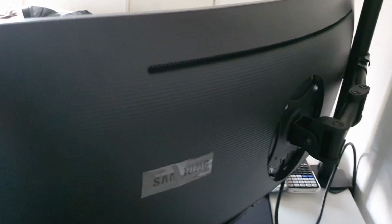Right, so now let us move to the back of the monitor. So this here is the back. It has got a nice texture here on the back. Here you can see the joystick which you can use to control the monitor. So this is the only stick which you've got. Then you can see you've got an HDMI port, a DisplayPort here, which I am currently using, and you've